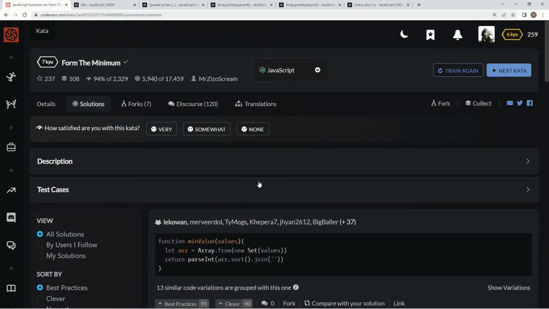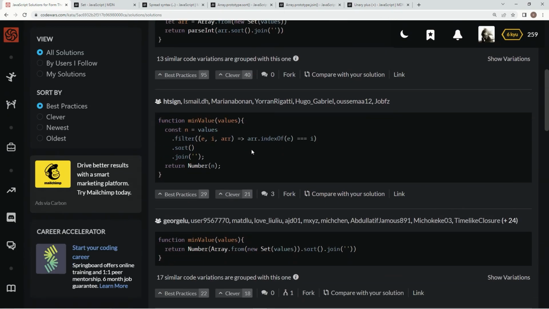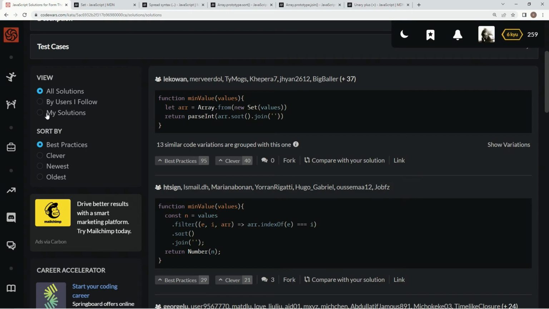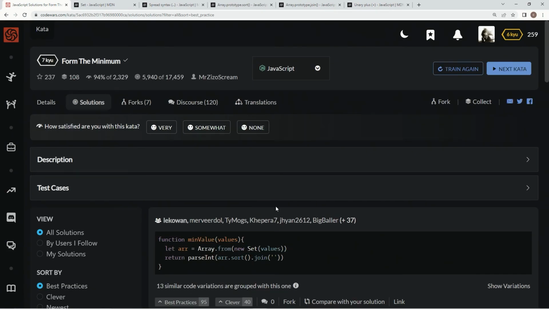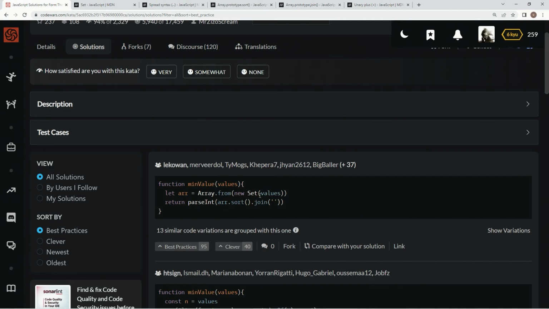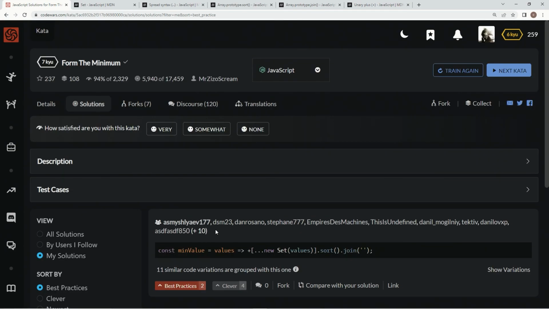All right, and here's the best practice. Pretty much the same thing. Instead of the unary plus, they're using parseInt. Instead of making this a one-liner, they're just making array up here equal r. And instead of doing the thing where we used the brackets with the spread syntax, they just used Array.from. It's all just a preference. It's all pretty much the same deal. So best practice, in my opinion,